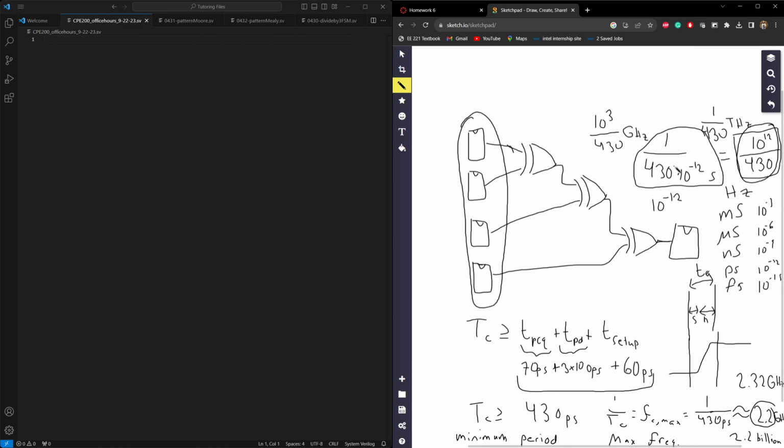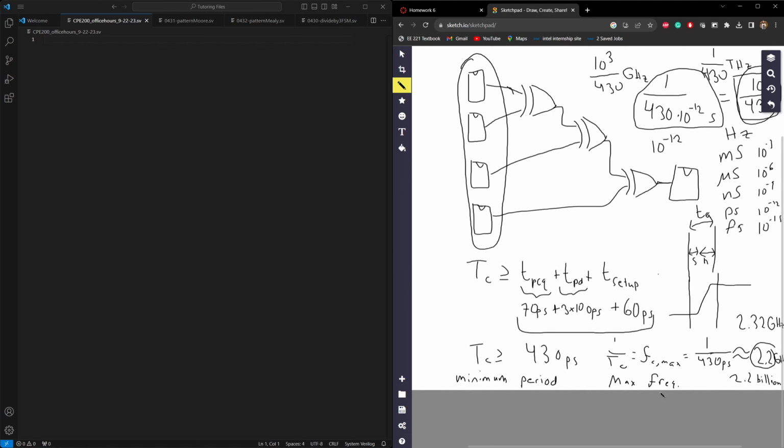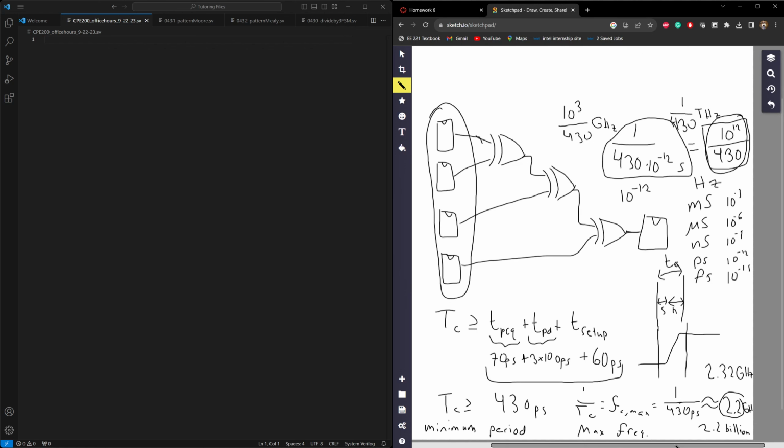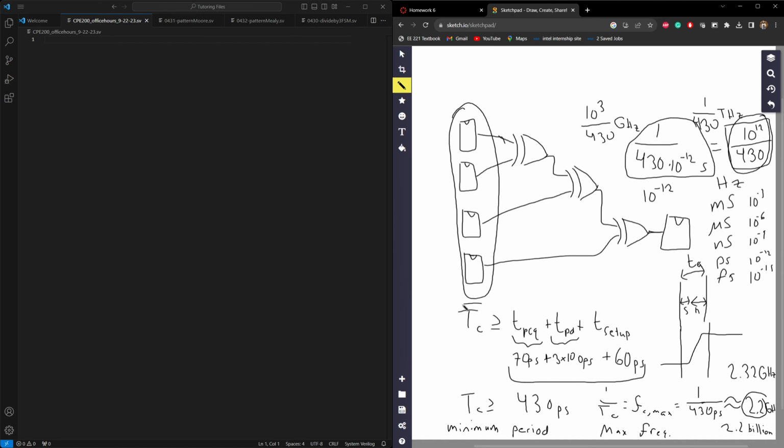You'll notice that I actually left out one step. The reason I left out that step is because I knew that it already would work, but you guys won't know that on your test. So I'm going to talk about it real quick. You'll notice I just did the calculation for the clock time. But you guys have another timing equation. Do you remember what that one's used for? Its T hold is less than contamination clock to Q plus